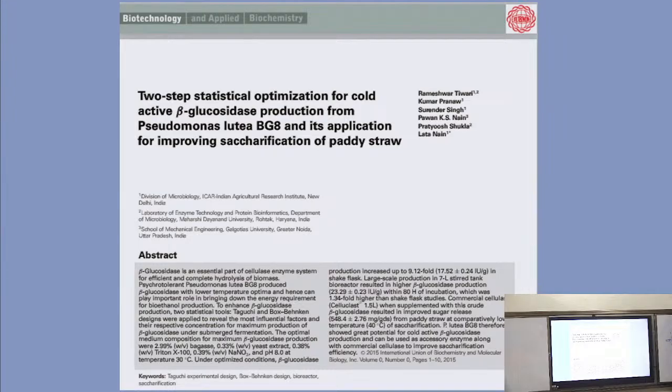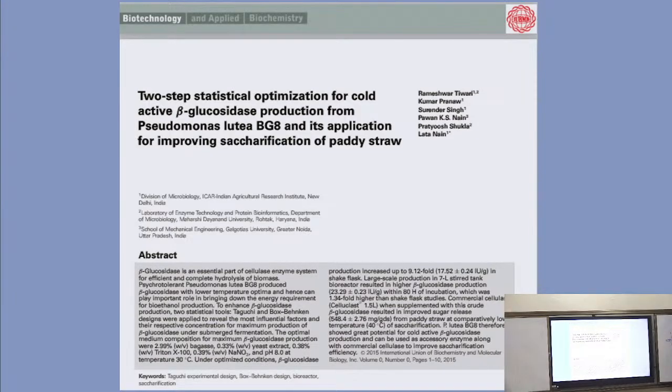So what we have used is paddy straw, that is the low value substrate. I say it is a waste product, which is thrown. So you can use this paddy straw, wheat bran, all these are the substrates which you can use. And paddy straw, you know, the burning of all those types of agricultural residues is a big problem in Delhi NCR. So that also gives the clue that you can use this paddy straw for cold active